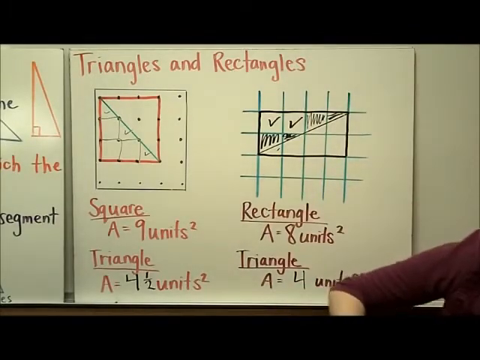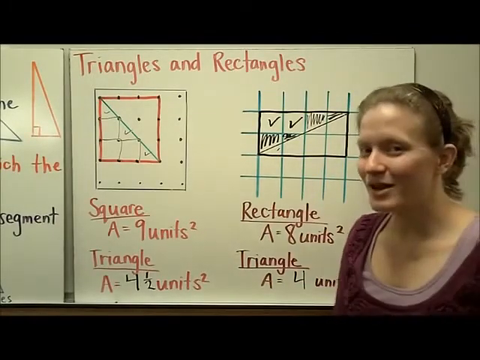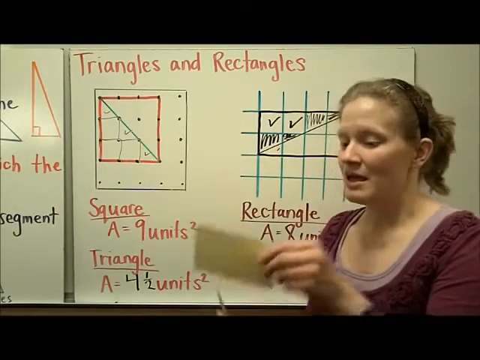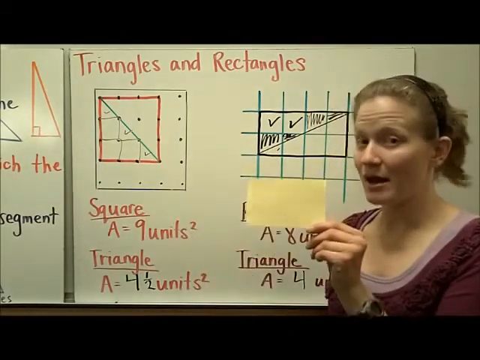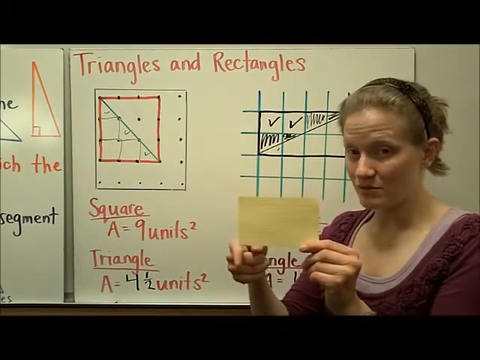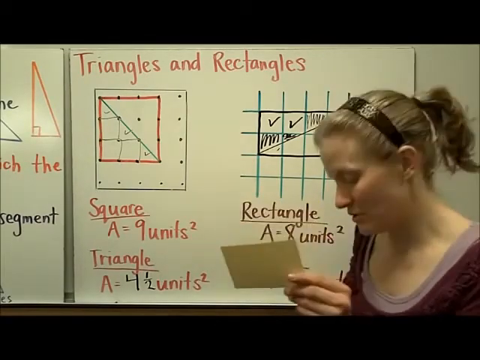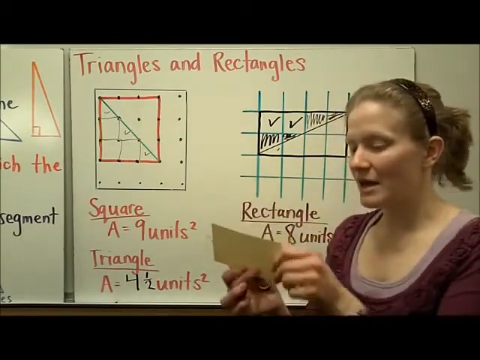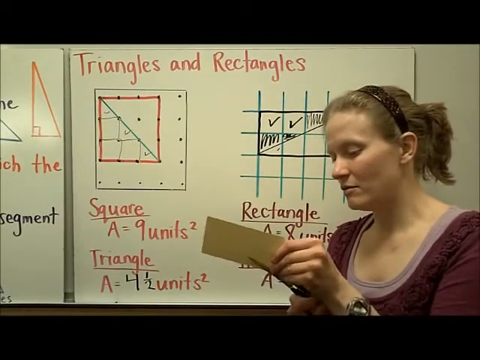Oh, let me show you one more thing before I switch that. It might also help you to see it by cutting. If I have an index card, I could find the area of the index card by measuring its length and its width and then multiplying those using our formula. But if I cut it in half on the diagonal,